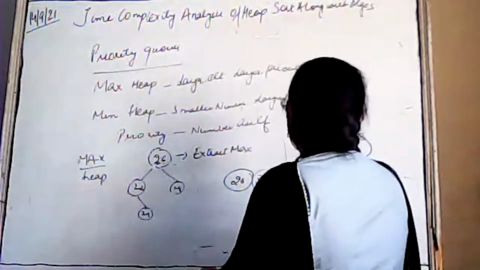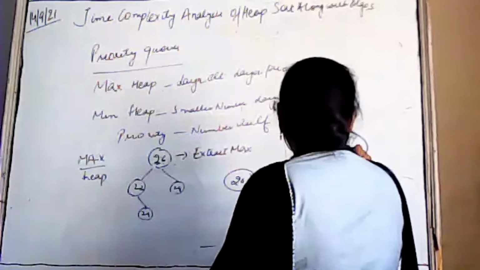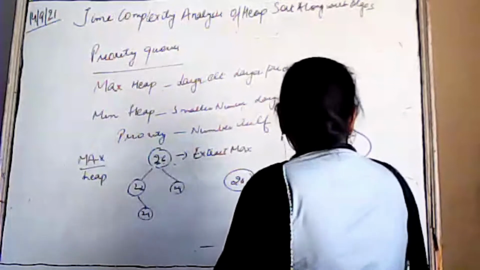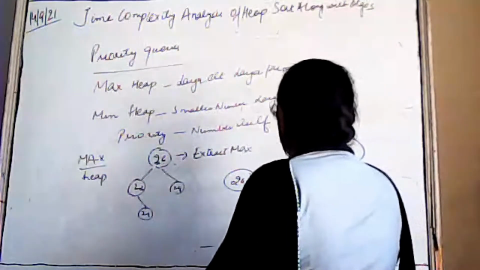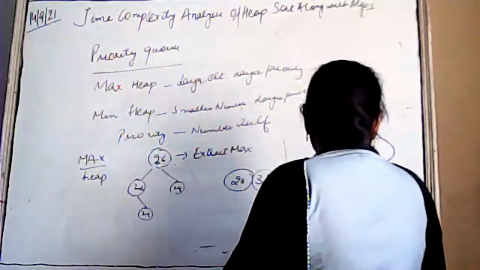Similarly, if it is a min heap, so 12 is greater than 9 and 10. This is greater than 8 and 7. This is greater than 6 and